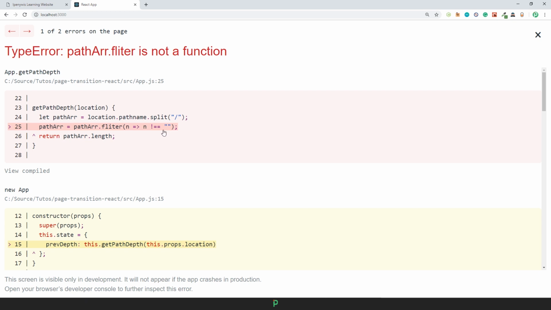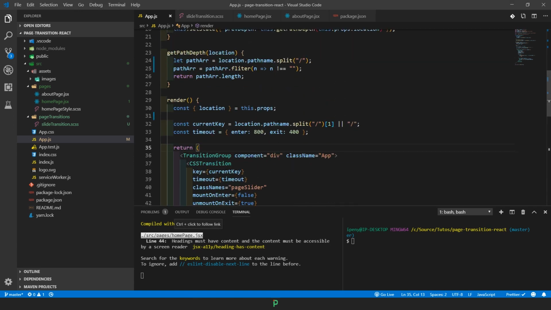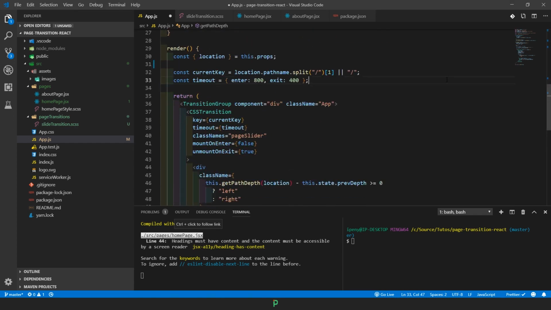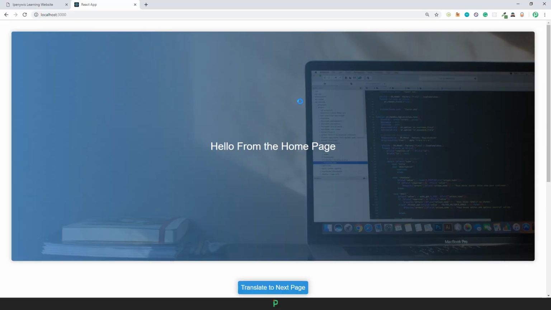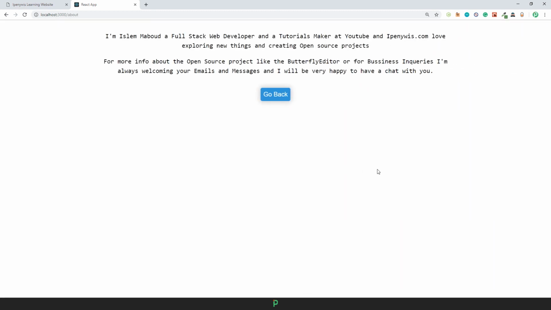For some reason in here, yeah, the mistake is with filter, it's not how you spell filter. Where is the problem exactly? So it should right now work pretty much fine. Saving it again, going back, should refresh. There we go. Now if we try to click translate to my next page, as you can clearly see, we